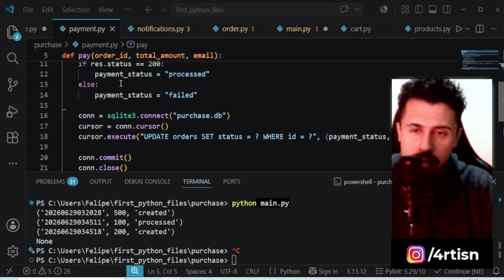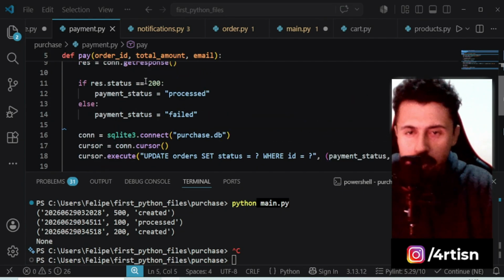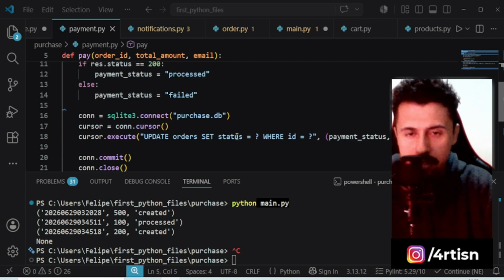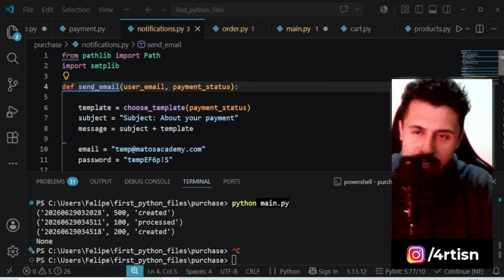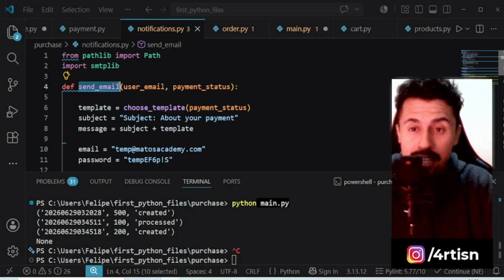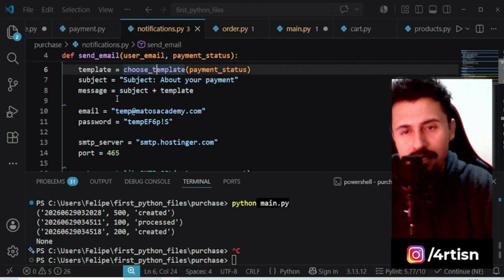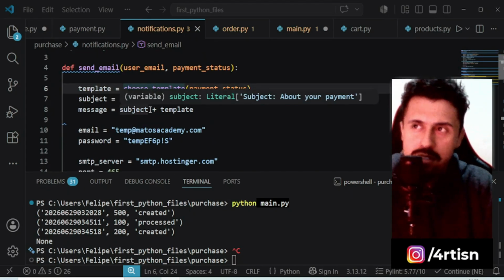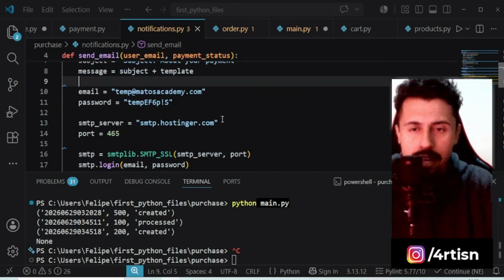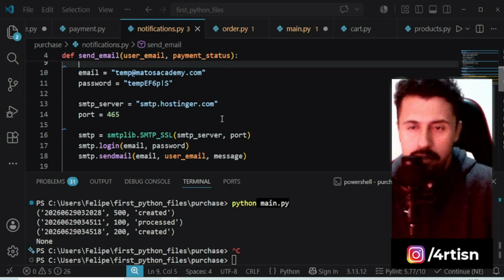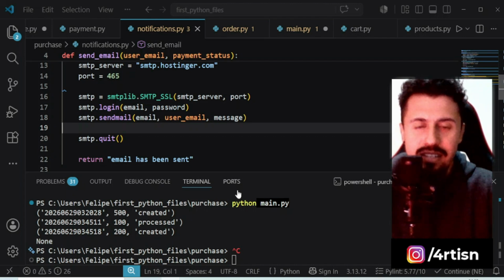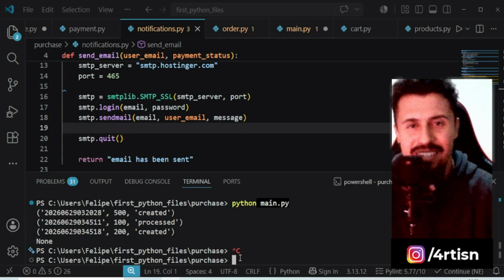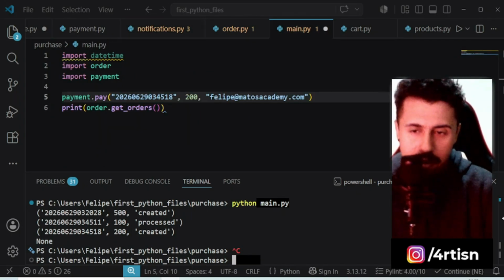We are going to pay this order, and if the payment is processed successfully, we are going to update the status in our database, and then we are going to send the notification via email. But this notification is implemented dynamically because it chooses the template based on the payment status, and after choosing this template, it sends the email. Literally sends, not fake sending or simulating sending. It really sends, and you're gonna see it right now. So let's call our main.py function, and